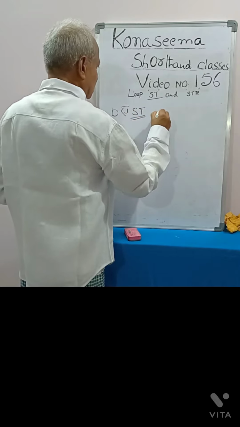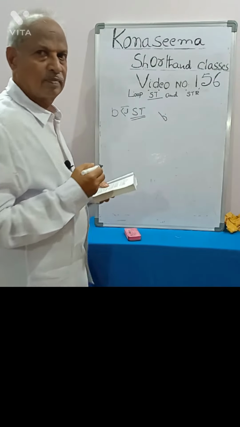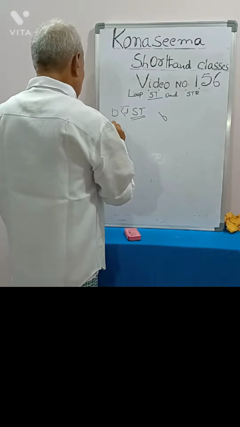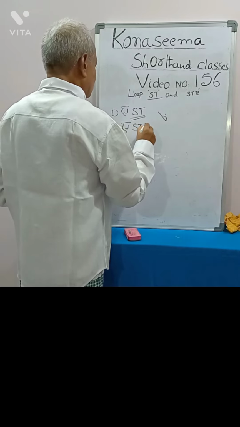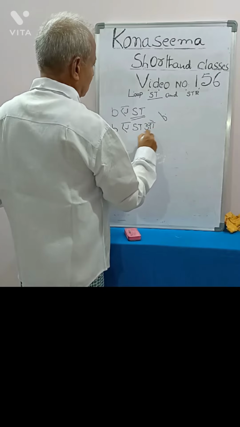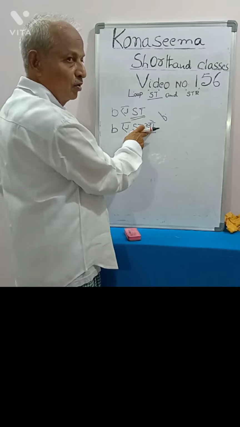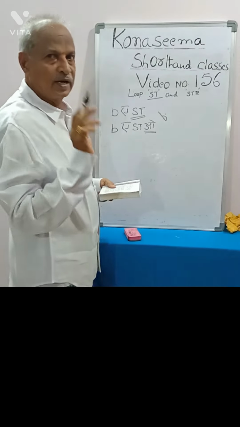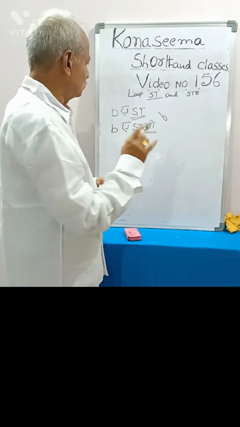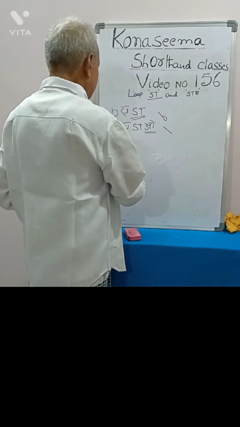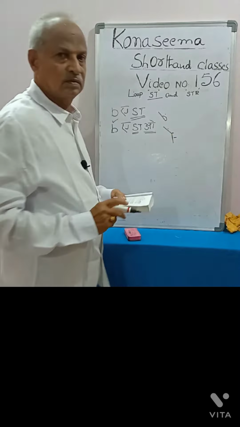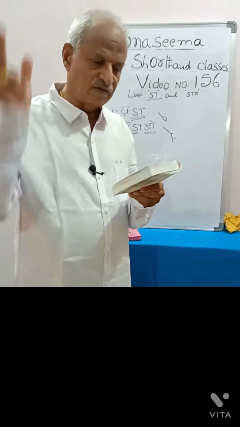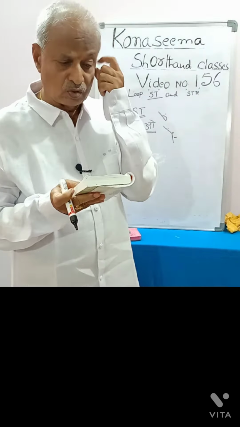ST. We can write steel loop for best. But, bestow: a final vowel came. We can't put the vowel sign to the steel loop, and hence we should write the total stroke: B, circle and T, bestow, like that. That's why he is telling that since a final vowel requires a final stroke in order to